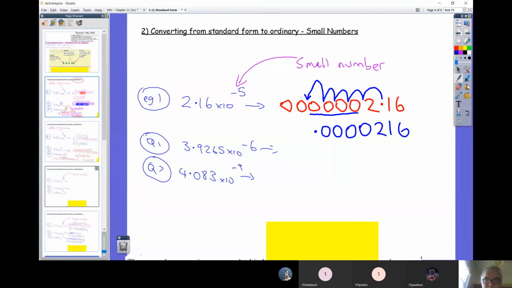Now, it's just a convention, and I'm not exactly sure why, but we don't ever write a number like that. We always just put in another 0 before the decimal point, just to make it look nicer. So you don't start a number with a decimal point, you put a 0 in front of it. So let's go and practice question number 1. I can see that it's going to be a small number because I've got a negative power. So go and put lots of zeros to the left. It's only a working, so you can put in as many as you want. Copy out the number in the question,